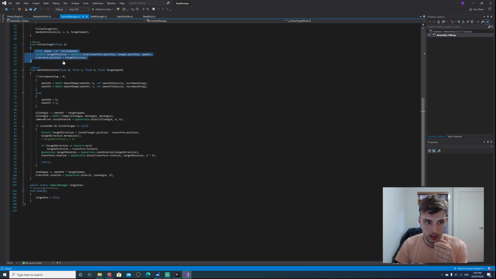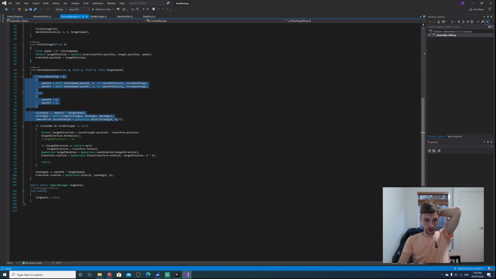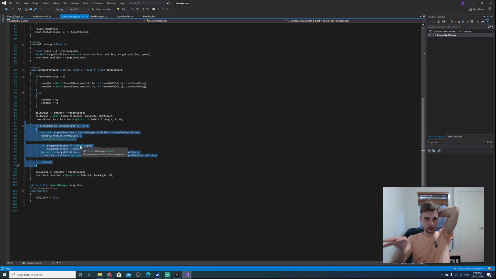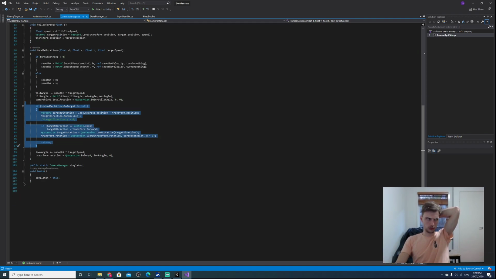Then handle rotations, oops, I don't want to click you. Handle rotations is for when the camera rotates around the player. So this is if it's not locked on, and this is if it is locked on. Because if it's locked on, you don't really want to rotate around the player as much. So just rotate around the enemy, I guess. And then this is also,